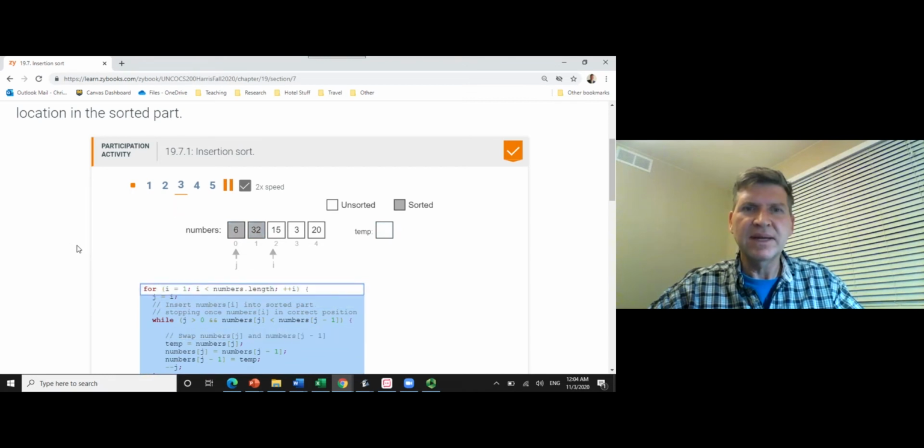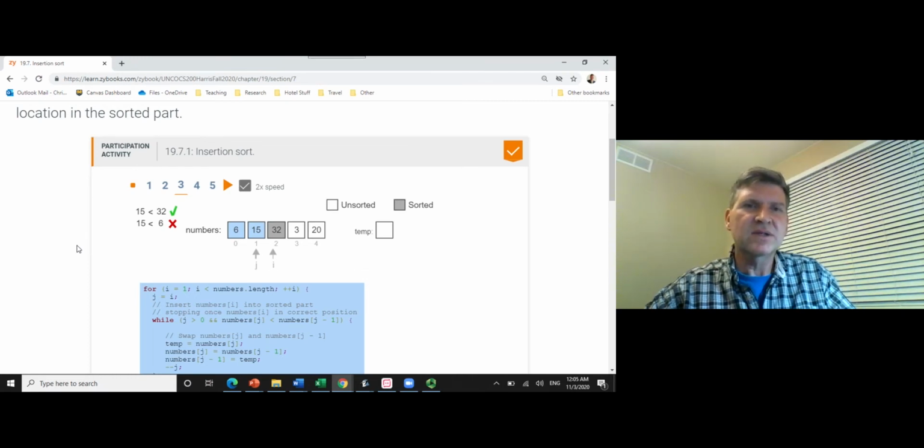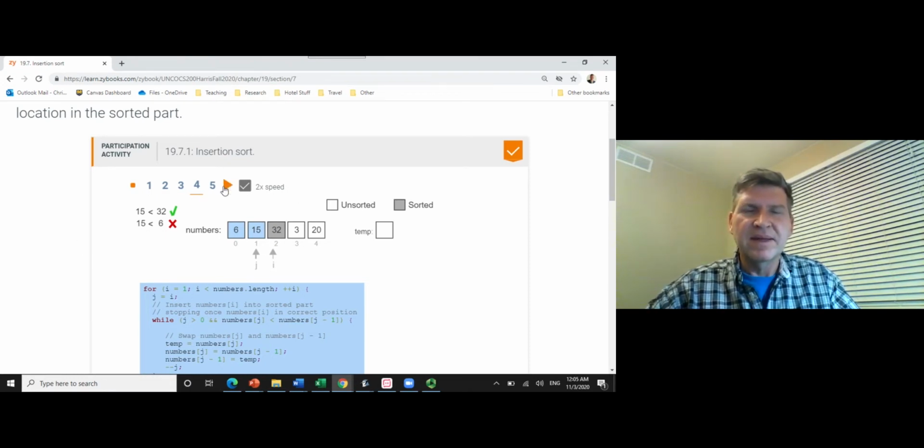Next, we go through it again. We move our I and J over, and we say, is 15 less than 32? And now we're going to have to compare that 15 against 6, because in the sorted pile, we don't know where that number is going to go. But we do know that 15 goes before 32 and after 6. So the sorted pile is going to have those two in order. And then we just keep going over. And just like this,